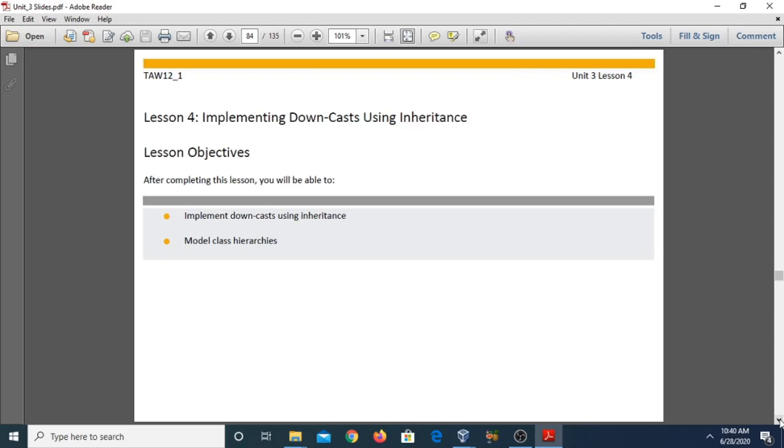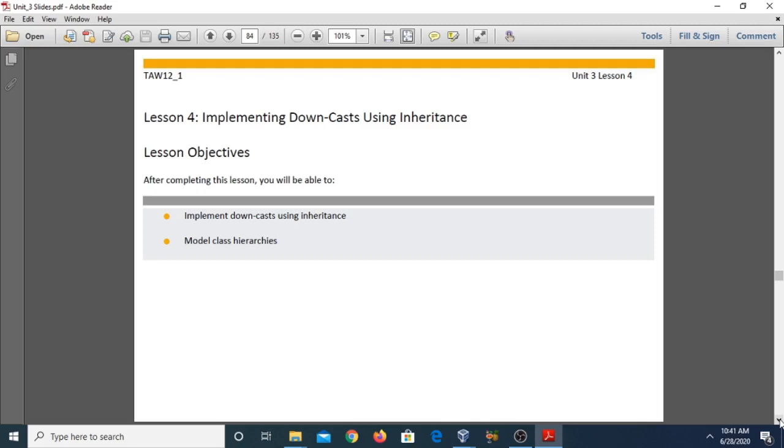In that case, go_truck was the derived class reference variable, and go_vehicle was the base class reference variable. So when we assign the derived class reference variable to the base class reference variable, this casting is called upcasting.